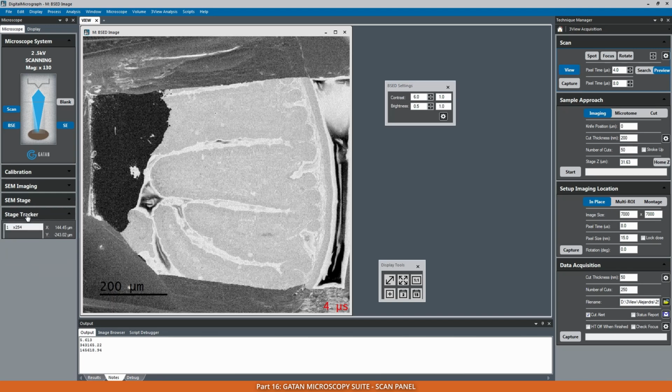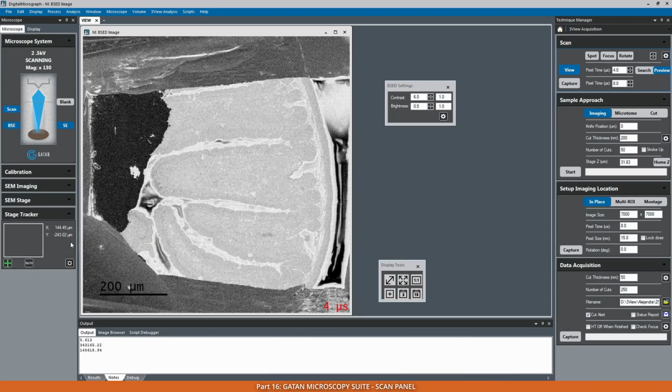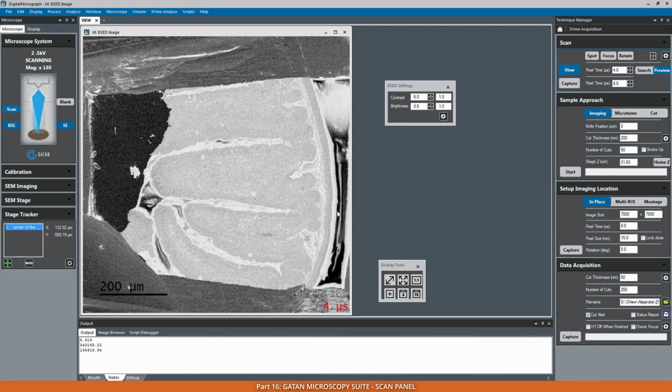But what's more interesting is the stage tracker. What we can do, we can define any position. For example, now we're in the middle of our block, and I can press plus here, and I put, let's say, center of the block. Now I can go to any other position,